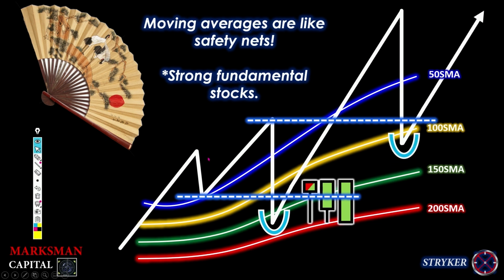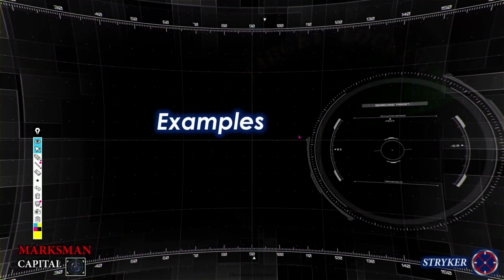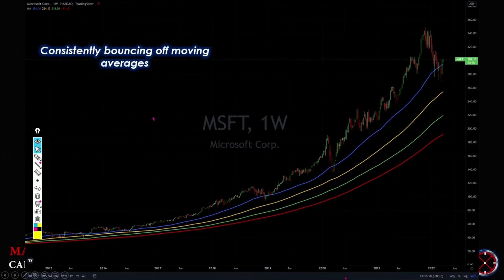Right? So here it is. It can either land on this support or resistance turned into support. Okay, let's go to examples. And now, strong fundamental stocks tend to bounce off consistently in either one of the moving averages, weekly moving